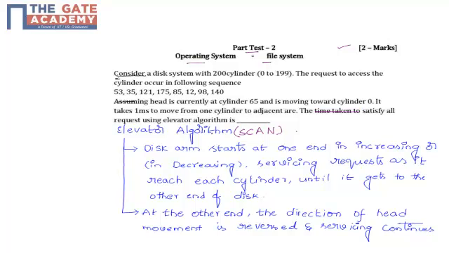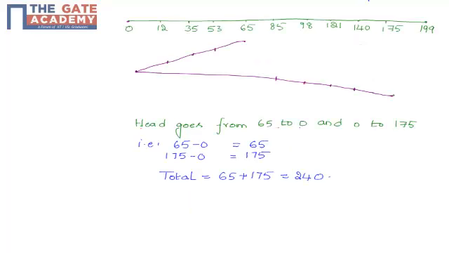So what is the time? The head goes from 65 to 0 and 0 to 175, right? From 65 to 0, that is 65 minus 0, nothing but 65. From 0 to 175, 175 minus 0, which is nothing but 175. The total is 65 plus 175, which is equal to